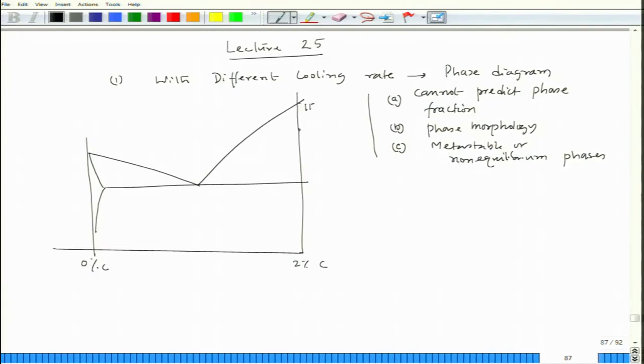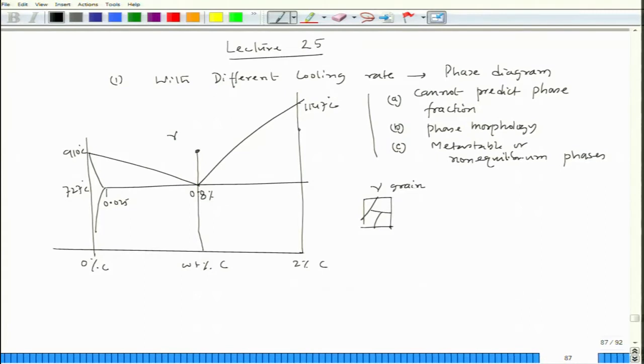This is 1147 degrees Celsius, 910 degrees Celsius, 727 degrees Celsius. This composition is 0.025 to 0.8% carbon. So, these are weight percent carbon. Now, if I take a composition like this, at this point it will be entirely austenite. So, if I try to see the grain structure, it will be like this. This is entirely austenite grain